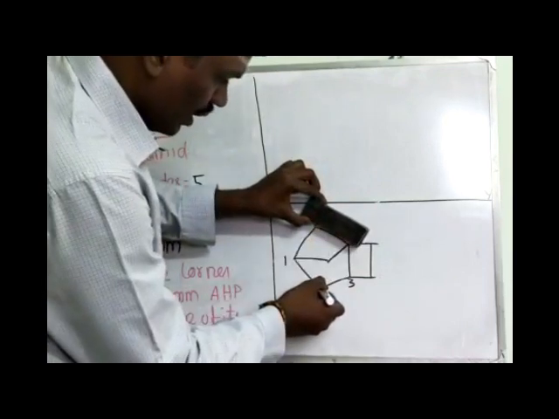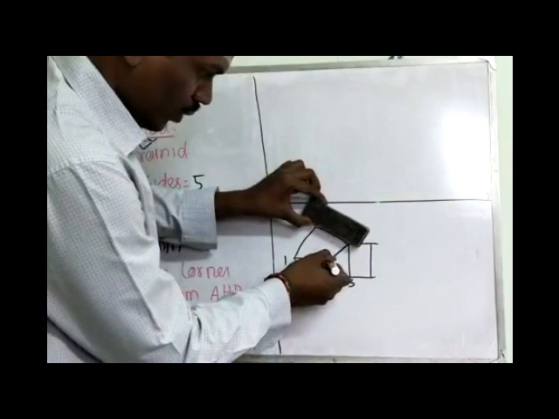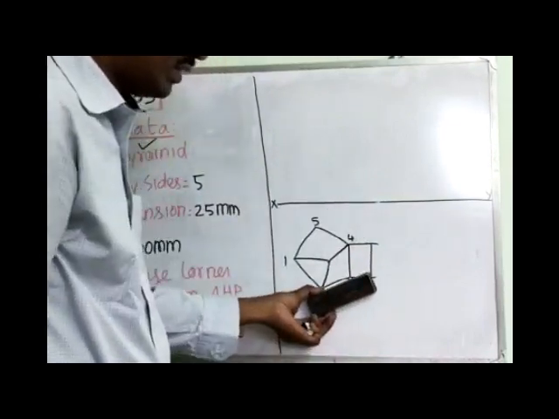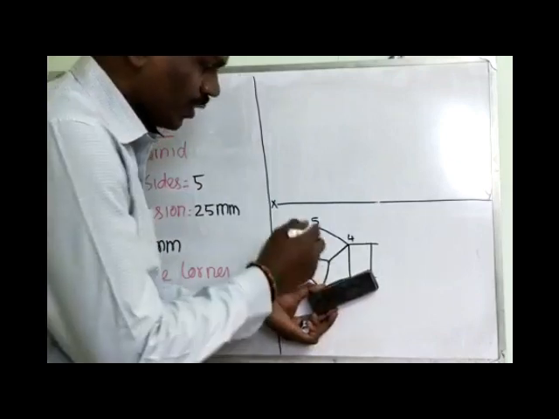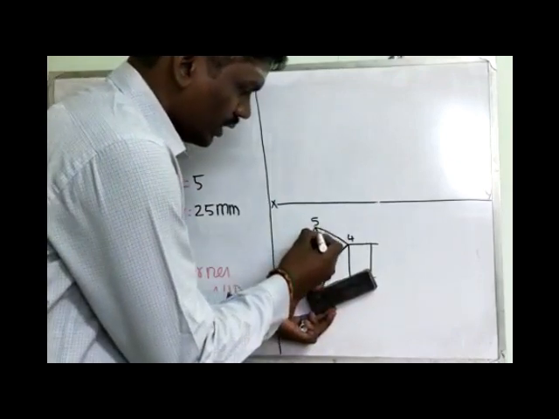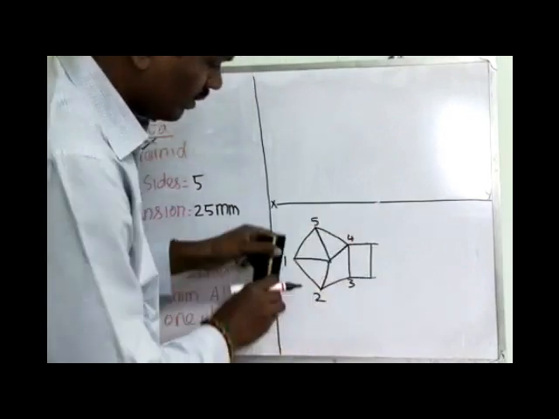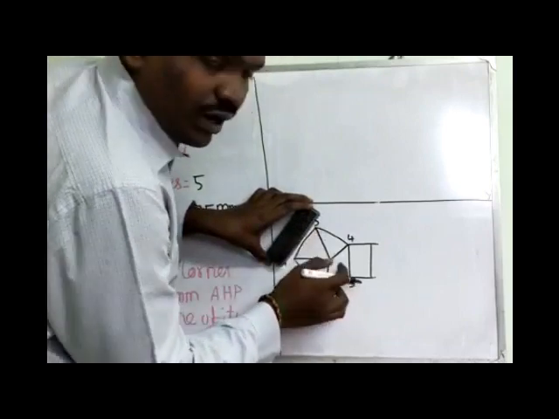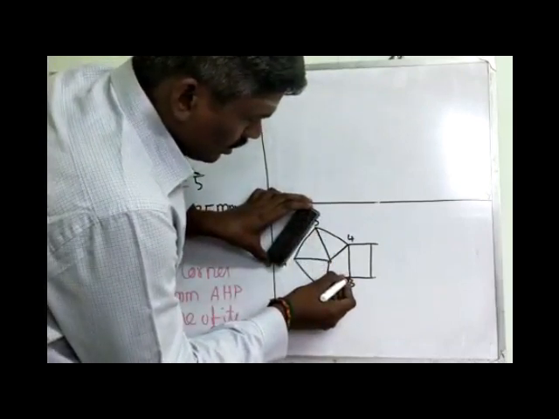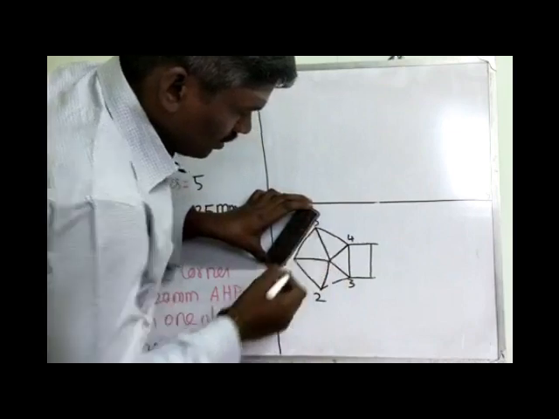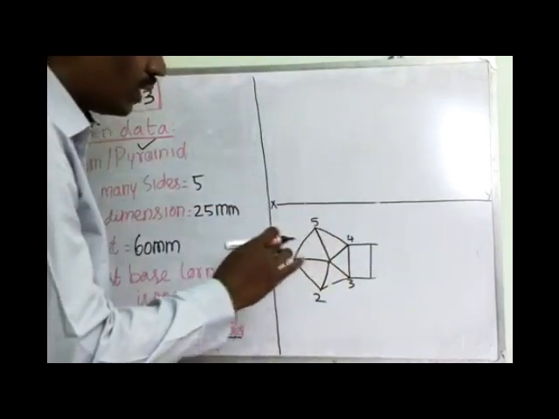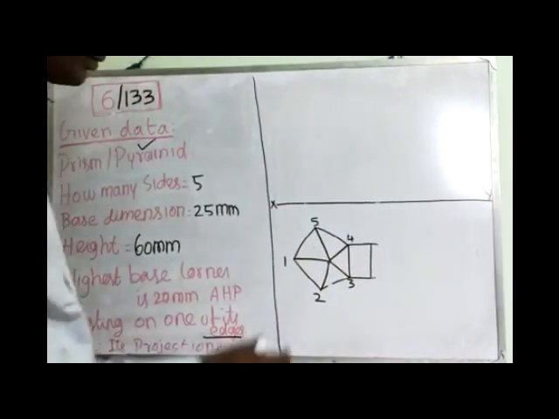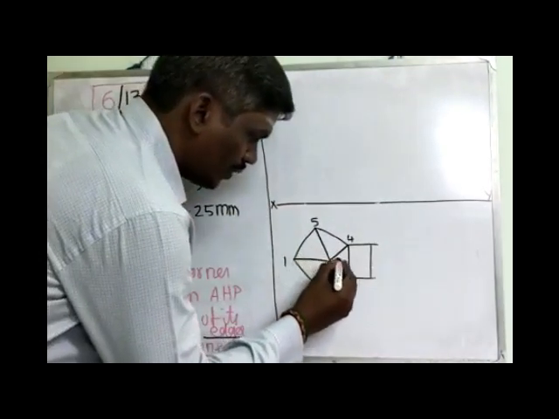From this opposite corner you draw the perpendicular line for these base edges. Similarly, for the 2-3 base edge you set the mini drafter. From the opposite corner 5 you draw the perpendicular line. Similarly, you set the mini drafter for 1-5. For this one the opposite corner is 3. Now you draw the perpendicular line for these base edges. In this way you draw the slant edges for this pyramid. This is the apex point.